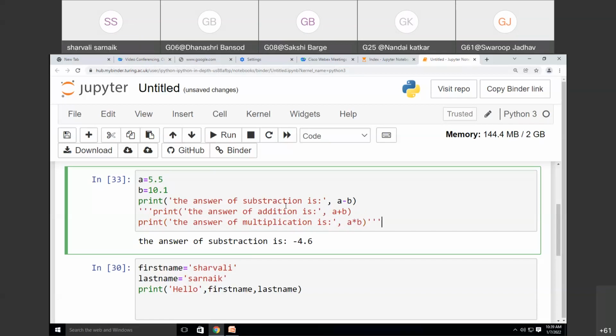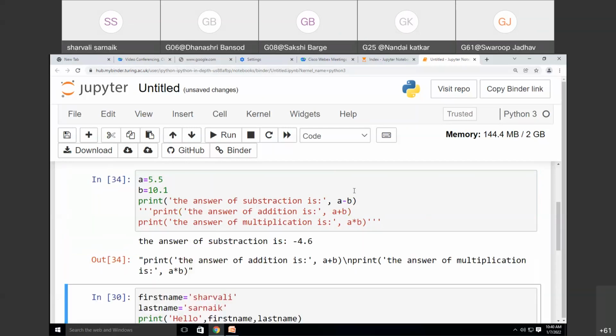So here I want to end it, so I'm giving three single quotes. When I run this code, the output I am getting is this. So you can comment it like this.